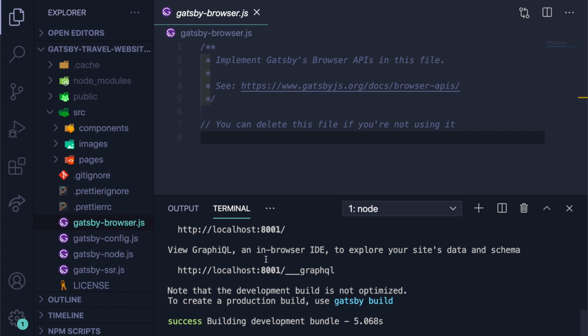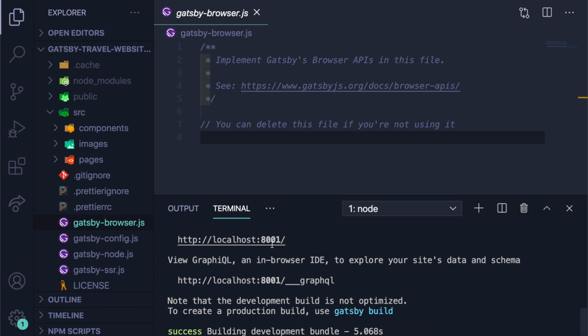All right, so mine has 8001 because I have another Gatsby file. But if I were to click off of it and redo it, it'll probably say 8000. So you're most likely going to say localhost:8000. And notice we have this link right here, and then we have a GraphQL link. Right now we're not going to mess with the GraphQL because we're not messing with the images yet. But for the first one, we're just going to press Command on your keyboard and then click it, and this should open up the